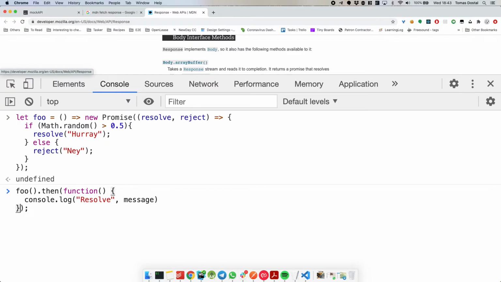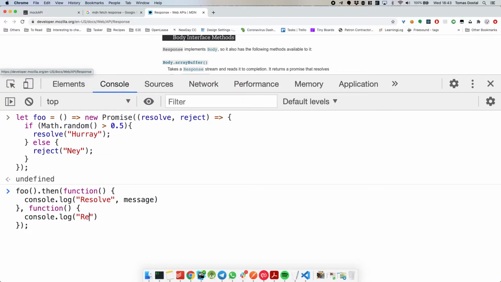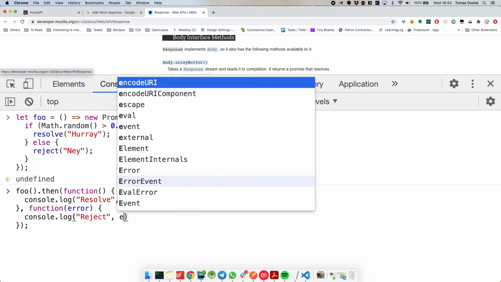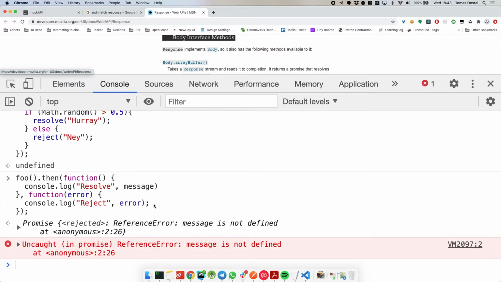And I can also add the unsuccessful callback in here. So this is one way of actually writing it. So you need to have this error parameter in your second line.